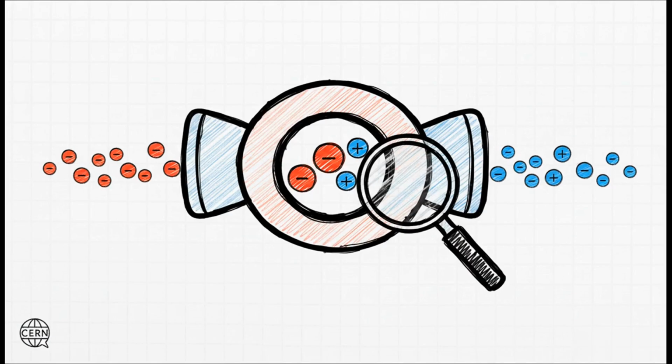Well, this is exactly how scientists handle it. Over at the ALPHA experiment at CERN, they use Penning traps to catch and hold antiprotons. They can then carefully combine them with anti-electrons to create antihydrogen. This lets them test fundamental laws of physics like CPT symmetry and even try to answer the question, does antimatter